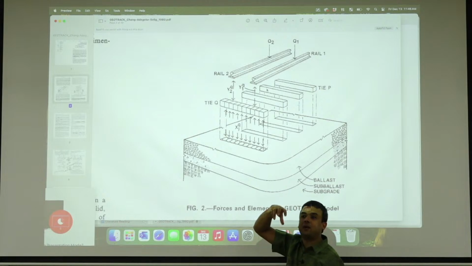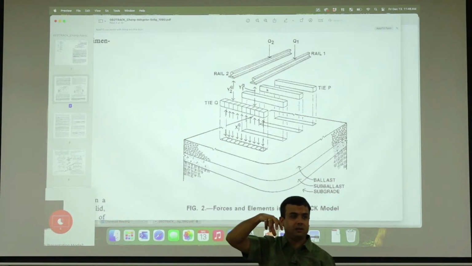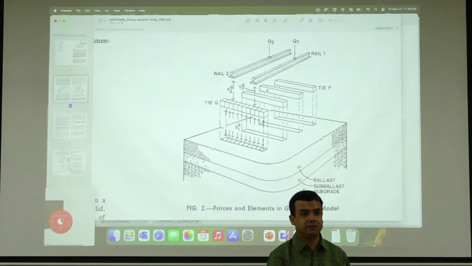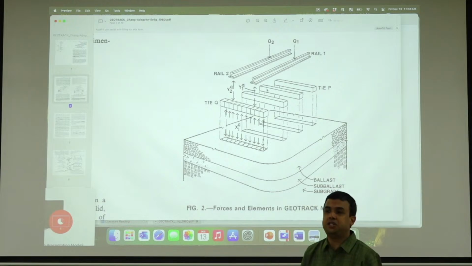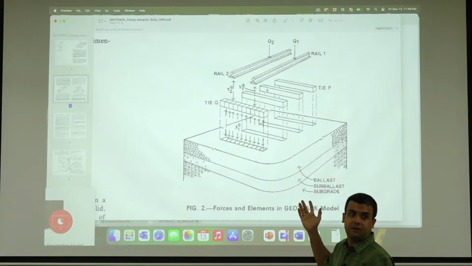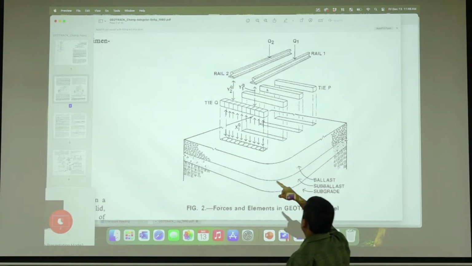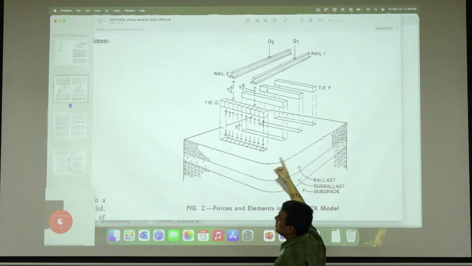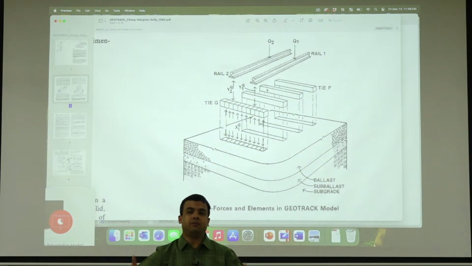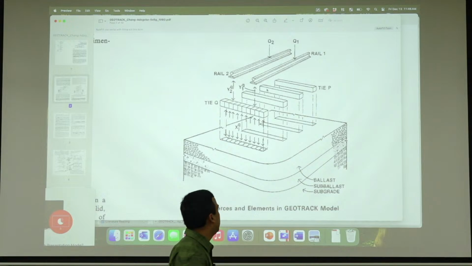And if you look at one circle, it's nothing but a tire applying a load on a pavement, right? So beyond that, it just becomes a problem of superposition and stuff, right? So then you have, it's a 11 tie section where they actually model the force going into the track